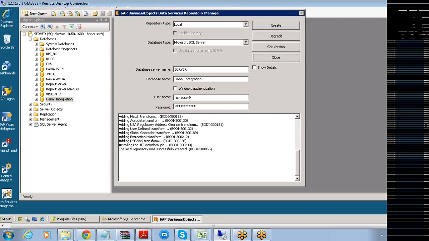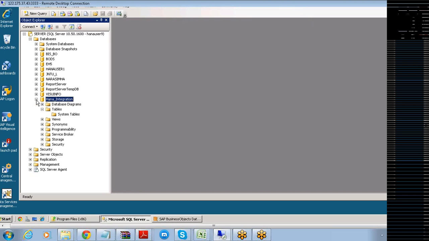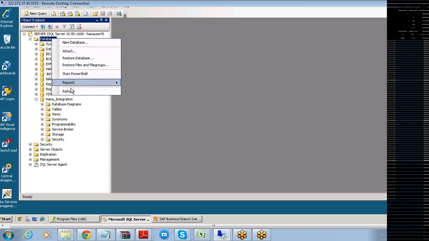It is adding all these things, and then you are seeing that the local repository is successfully created. Have you seen this one or not? This is done, right? Vijay, Elva and Anand, you have seen how this particular repository has been created, right? Yes, I know that. Once you see this one, please go here and check here. You'll be able to see a lot of tables that exist here. Just keep on refreshing this particular database.